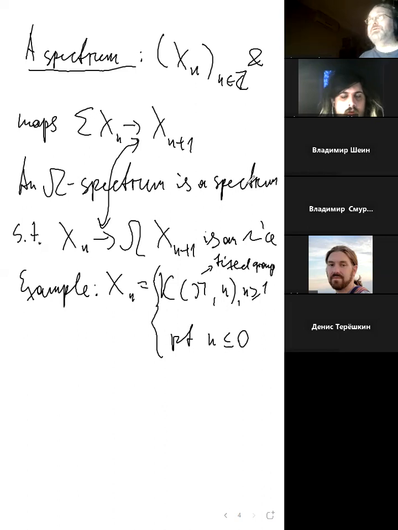Okay. I don't think it changes anything. But if one wishes, one can take K(π, 0) to be just π, but still, if we want negative spaces, we need to